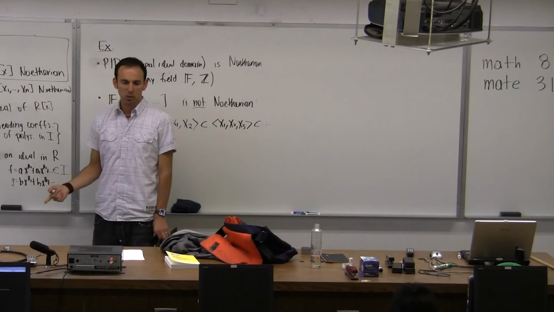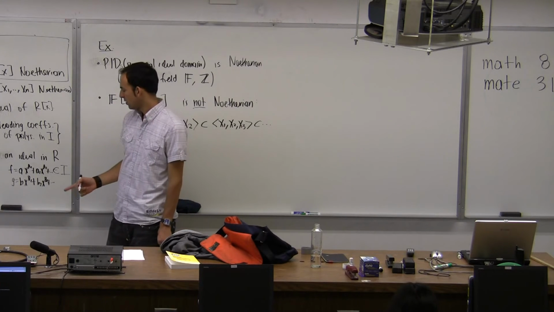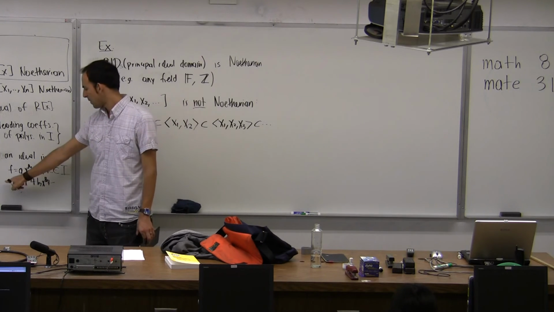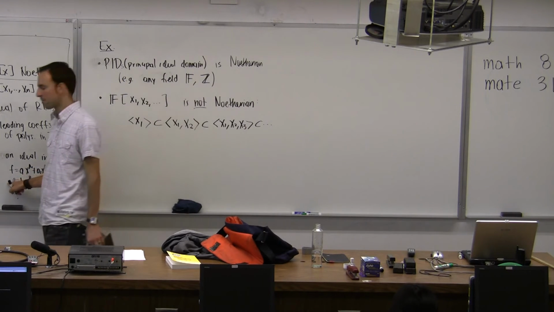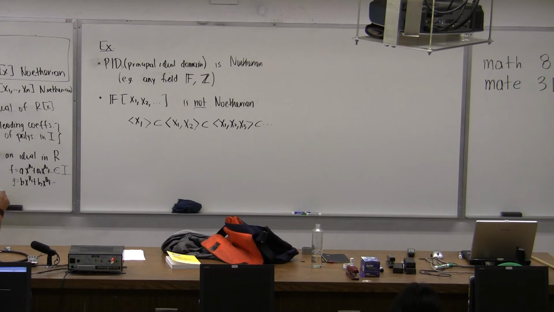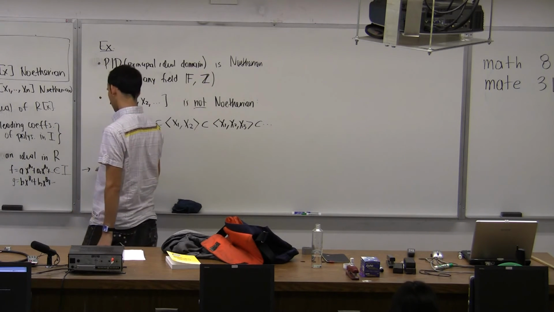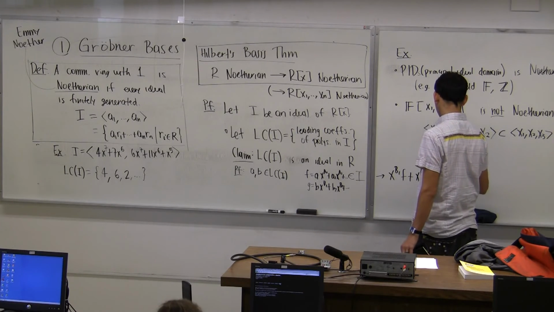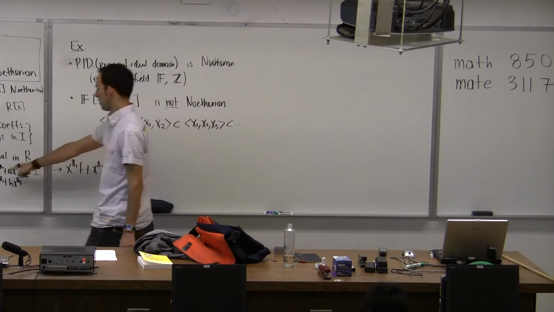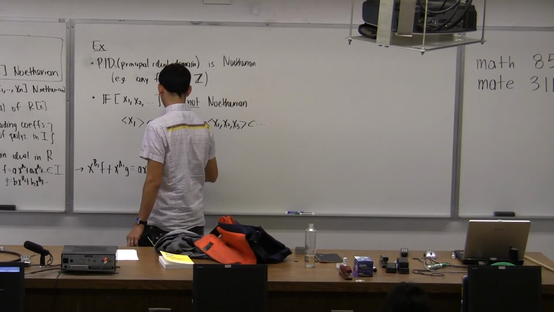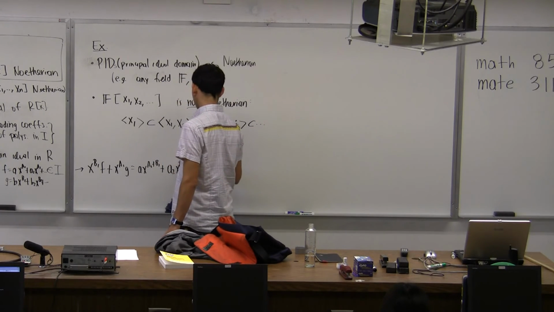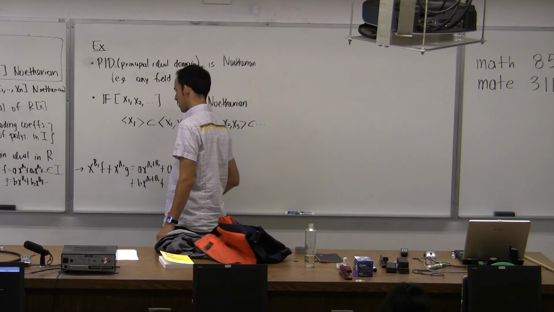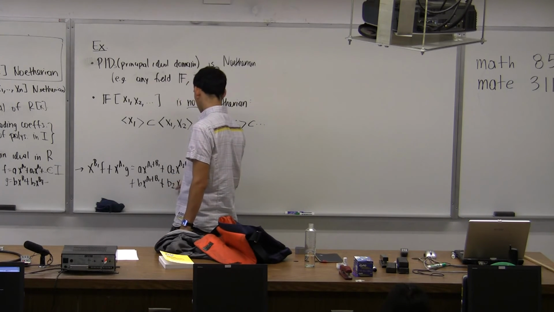Now I have to invent a polynomial that has leading coefficient A plus B. How do I do that? Well, basically, if I multiply this guy by x to the B1 and this guy by x to the A1, and I add those, I'm going to get what I want. So, let me go over here. If I compute x to the B1 f plus x to the A1 g, then I'm going to get A x to the A1 plus B1 plus A2 x to the A2 plus B1, etc. plus B x to the A1 plus B1 plus B2 x to the A1 plus B2,